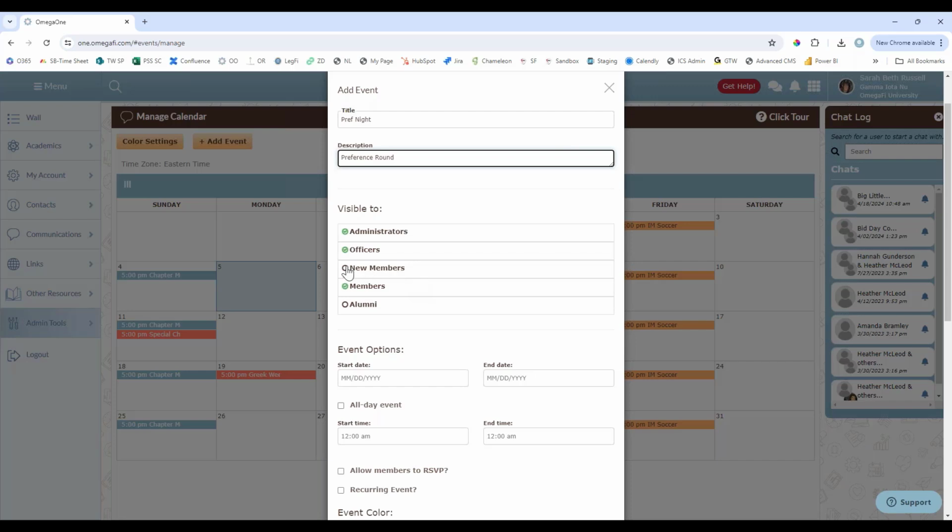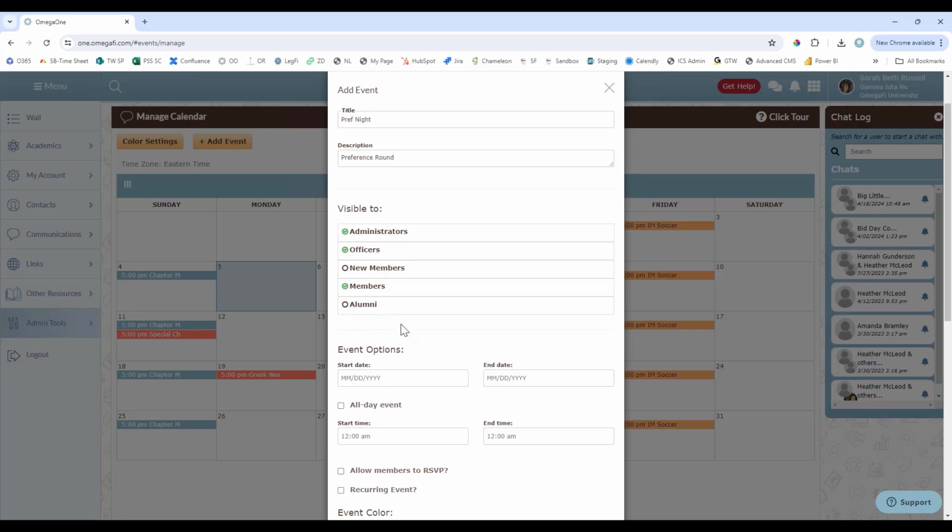New members, sometimes you may have events like Big Little Reveal, and if it's going to be a surprise, you may exclude new members, or you may have events that you don't want the members on and you only want the new members on for things that they have going on, depending. So just go through, select if you're having an alumni event, or if alumni are coming to help with preference night, you can select that alumni are on that as well.